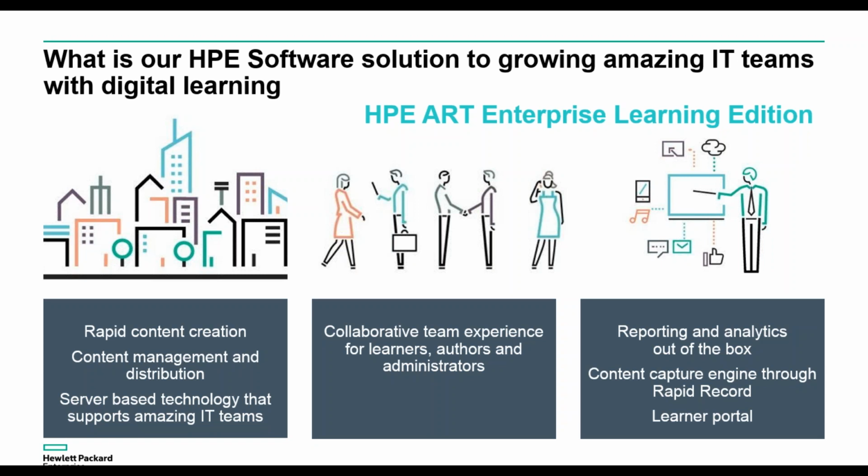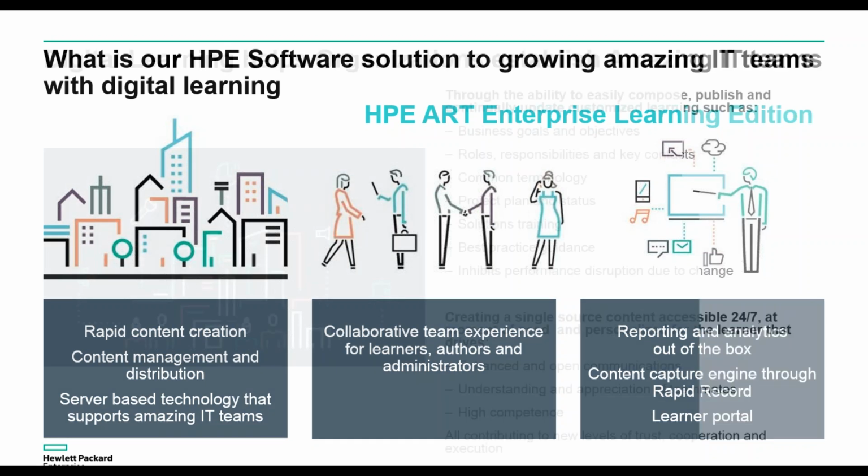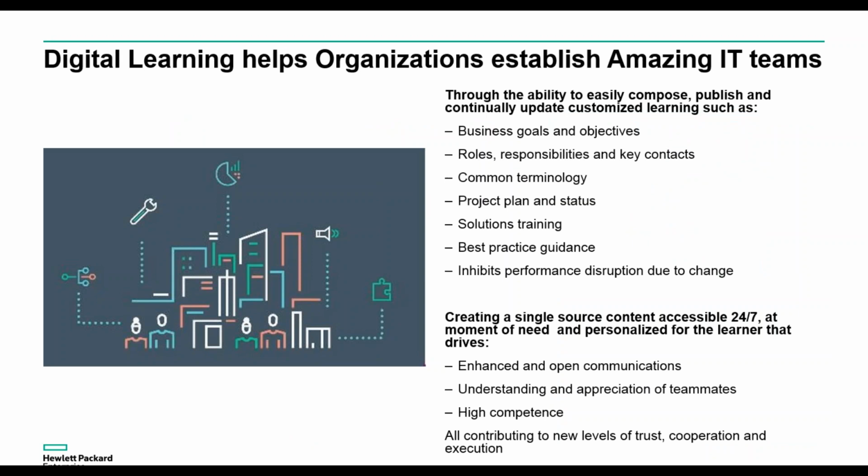So digital learning helps organizations establish a successful and amazing IT culture and allows you to overcome people issues that we mentioned earlier. And it does this through the ability to easily compose, publish, and continually update customized learning, such as defining joint business goals and objectives, sharing key roles, responsibilities, and context within the teams, establishing common terminology across business units and processes so that everybody is speaking the same language and therefore increasing that collaboration we spoke about earlier, tracking the project plans and tracking who's contributing content for which processes and ensuring that that is always up to date and shared at regular checkpoints,